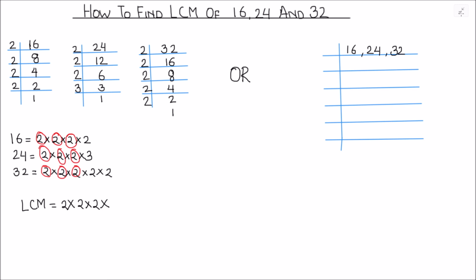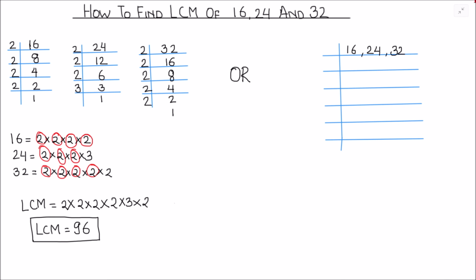Now we'll see the factors which are common to any two numbers. So here we see that one more 2 is common to 16 and 32. So that 2 we are going to circle and we are going to write it only once. And then we have single factor 3 from 24 and single factor 2 from 32. So the LCM is now the product of all these factors, which is equal to 2 times 2 is 4, 4 times 2 is 8, 8 times 2 is 16, 16 times 3 is 48 and 48 times 2 is 96. So the LCM of all the three numbers is 96.